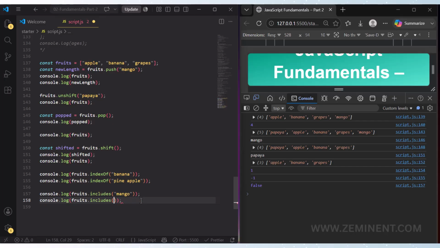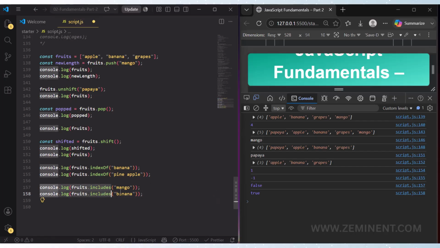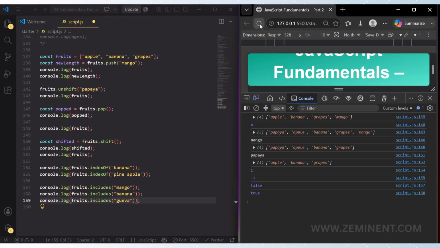And now I am giving one of the elements that is available in the array. I'm giving the name banana. And now reload. And then see it displayed true. And now I'm giving another name, guava, and then reload.